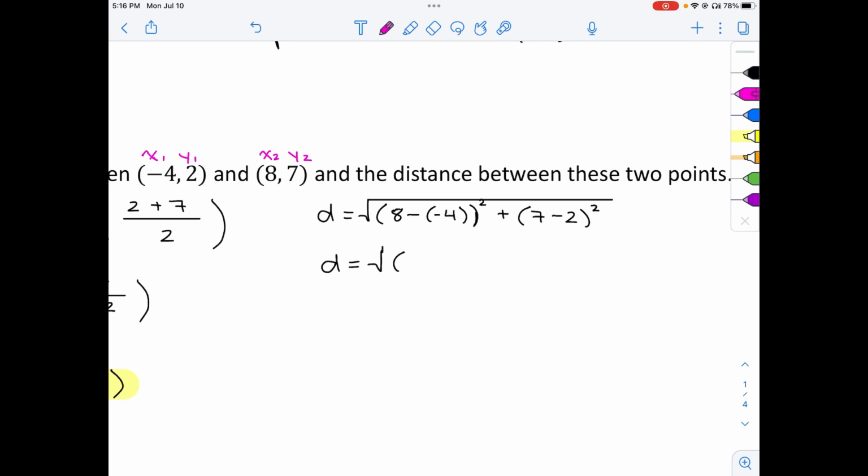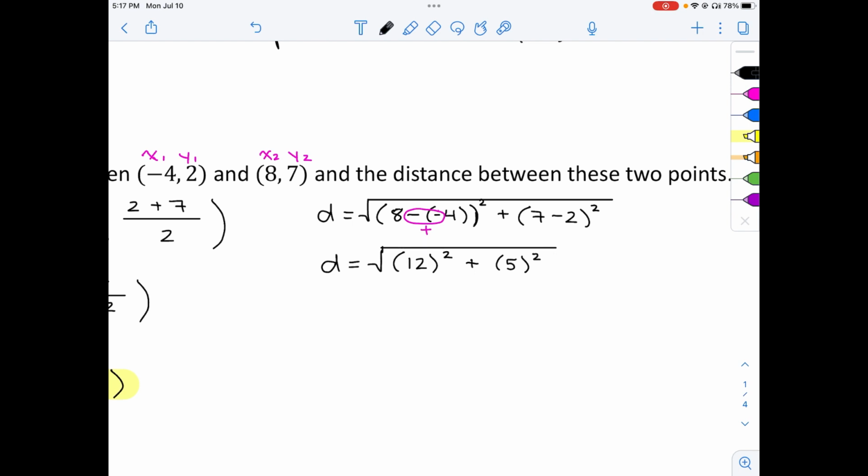And again, we talked about this with cosine law, but when you're subtracting a negative, it becomes a positive. Okay, so this is 8 plus 4, so it's going to be 12 squared. Then we are adding. 7 subtract 2 is 5, so this is going to be 5 squared, and then square